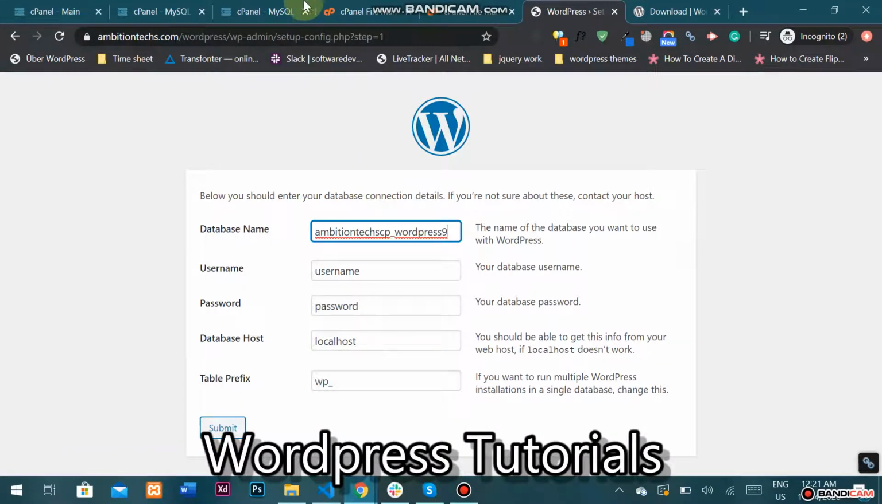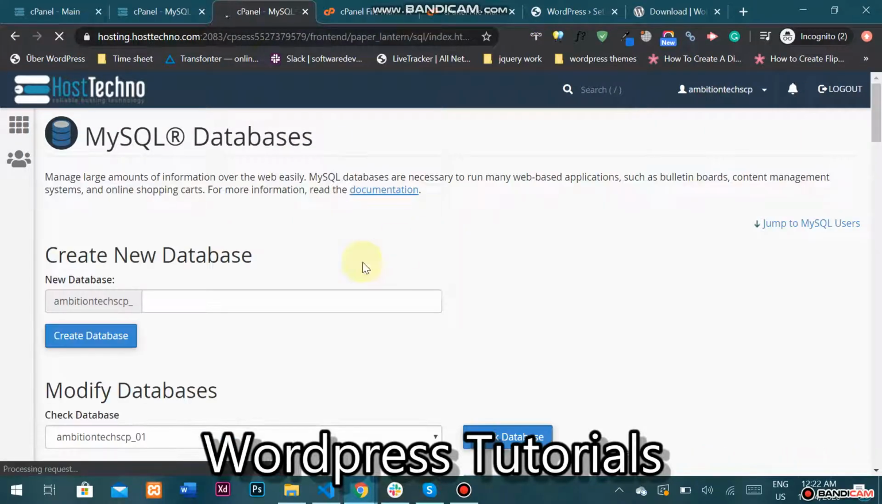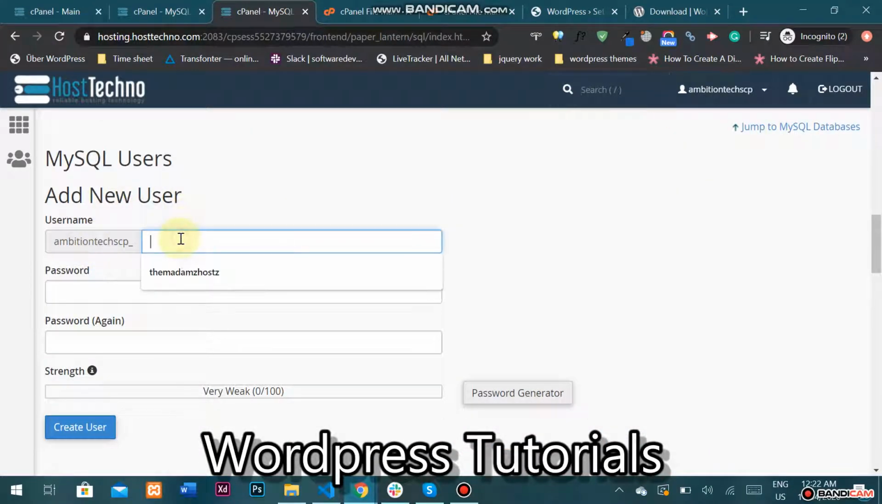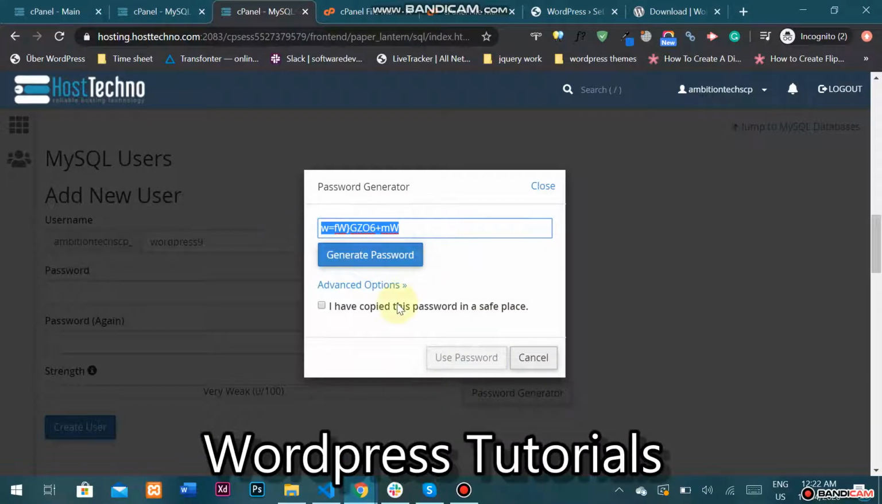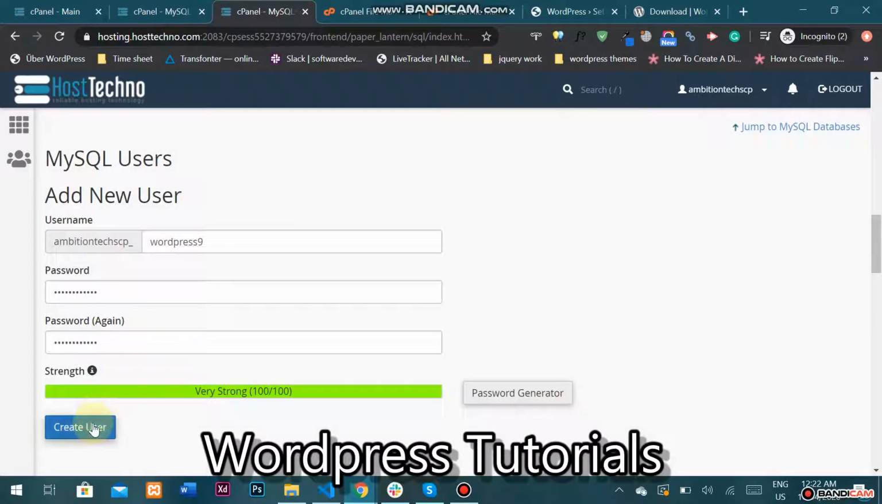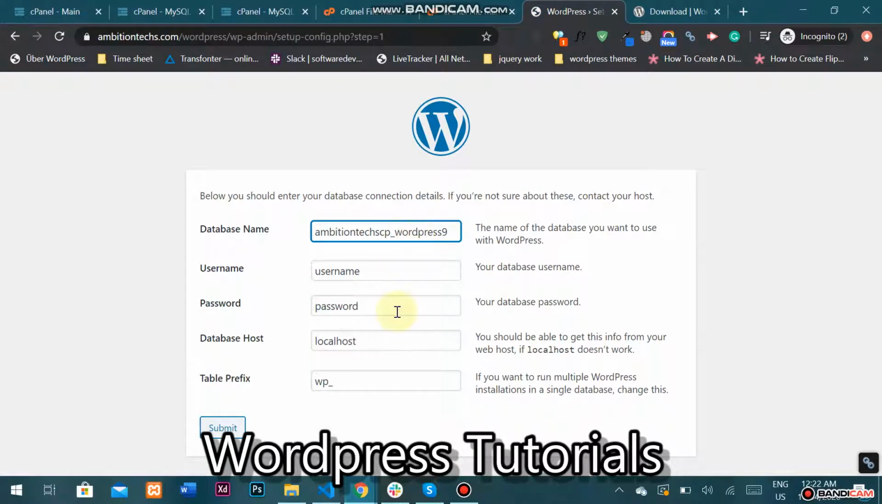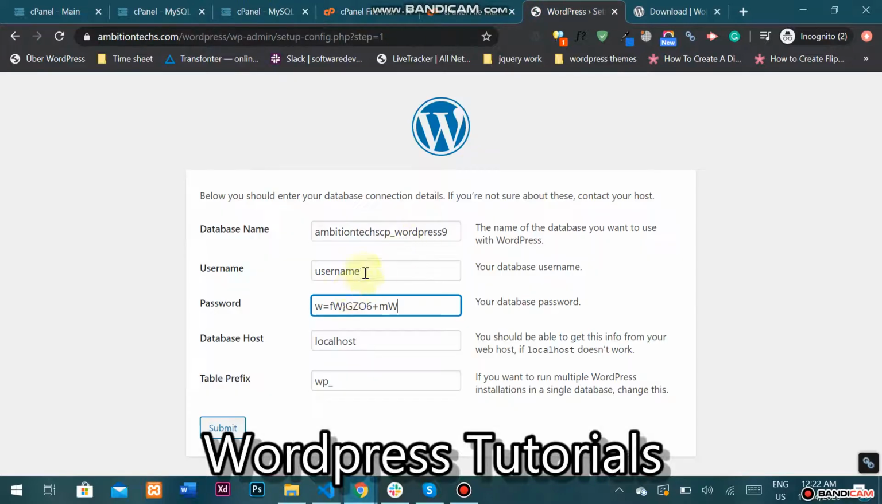Enter the database name, then create the user. Scroll down and you can see add a new user. So I add WordPress9 and generate password, copy this, use and create user. So the user will be created and I add the password here and the username, copy and add here. So all the requirements are completed, then I can submit this,